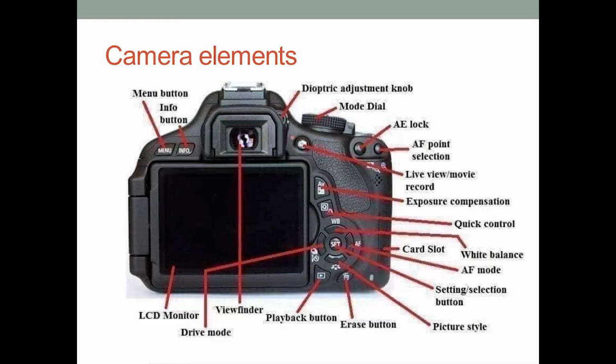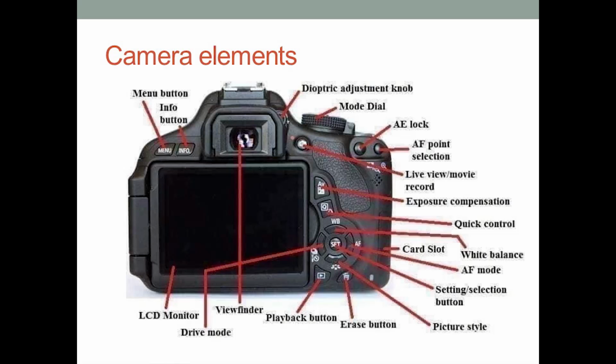Let's look at the camera elements. For your information, different types of cameras have different locations of these elements. But most cameras have the menu button, the info button, the viewfinder, and the LCD monitor to view, the drive mode, the playback button, the erase button, the picture style, the setting or the selection button, an AF mode,